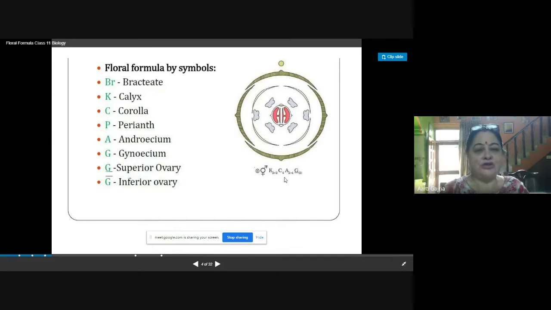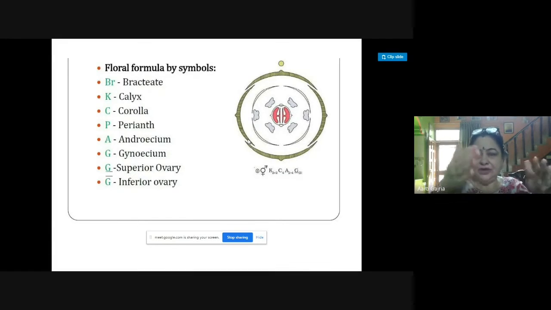Now see how it is representing. These are the 4 sepals, the upper row. Now these 4 sepals, they are 2 plus 2. Clear? So that's why they are overlapping. 2 are inside the row, and 2 are outside. So 2 sepals in the outermost layer and then the inner 2. That's why they have written 2 plus 2.